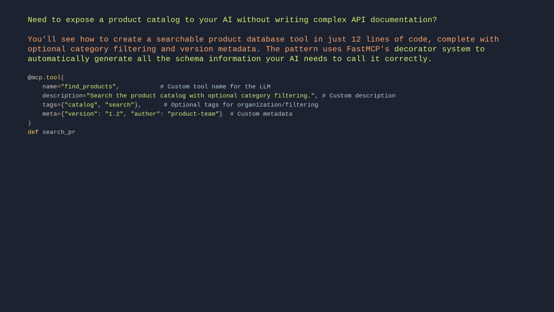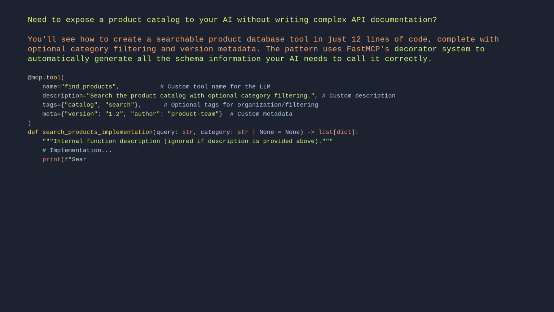def search_products_implementation(query: str, category: str | None = None) -> list[dict]: """Internal function description, ignored if description is provided above.""" # Implementation: print(f"Searching for {query} in category {category}") return [{"id": 1, "name": "Product Name"}, {"id": 2, "name": "Another Product"}]